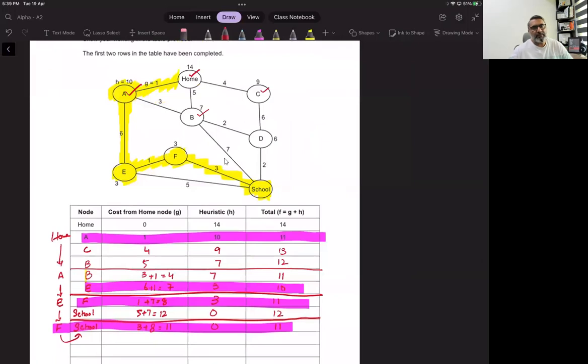So let me revise it once again. You will start from home to home, G is 0. And the heuristic is 14. 14 steps are required from home to school at least. So the weight total is 14. So from